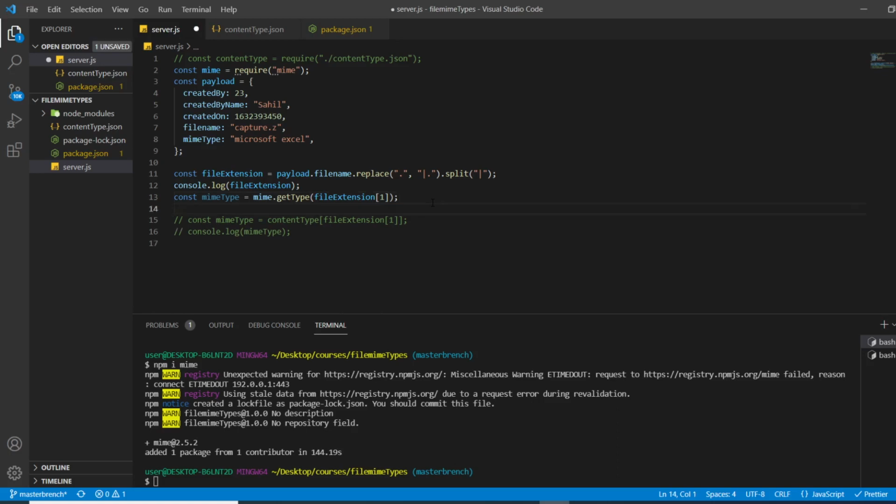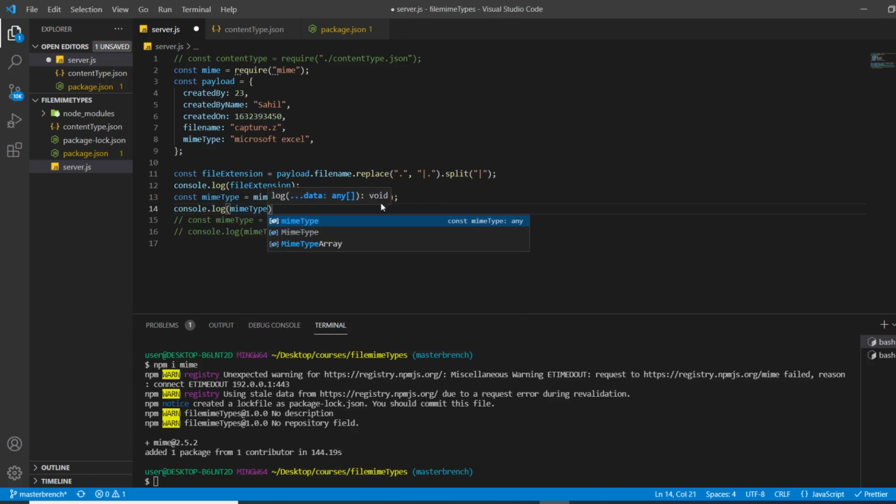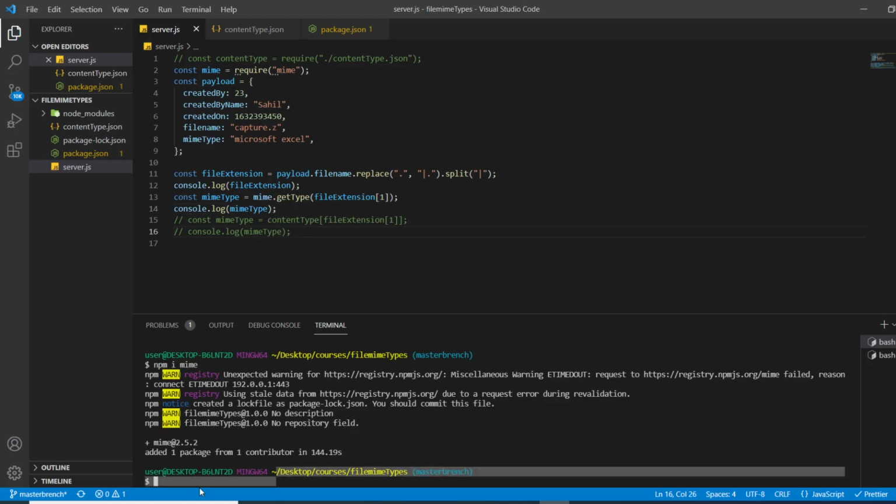Let me just console this mimeType. Let me start my file, nodemon server dot get. It should work.